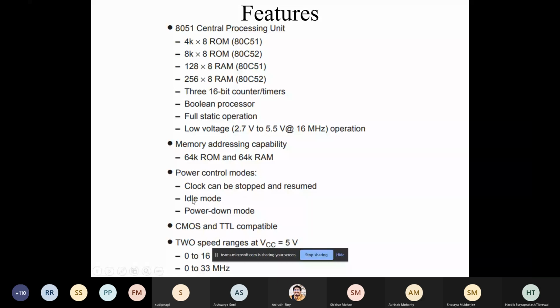There are different low power modes, such as idle mode. That means the processor is on, clock is on, but it is not executing any code. So that is idle mode. Also, there is a power down mode where it doesn't do anything. The processor just goes into sleep mode, total sleep mode. No clock, nothing is active, no program is executing.